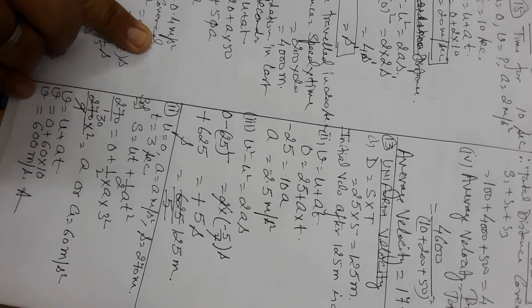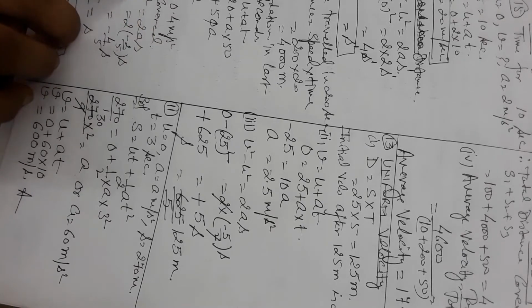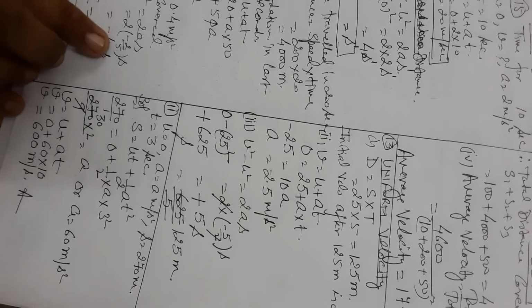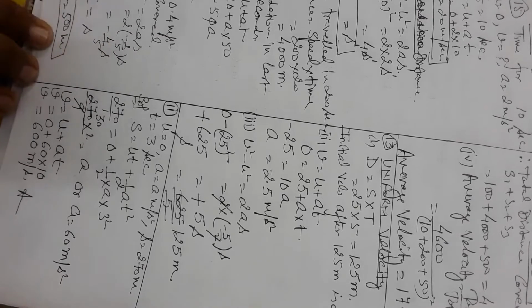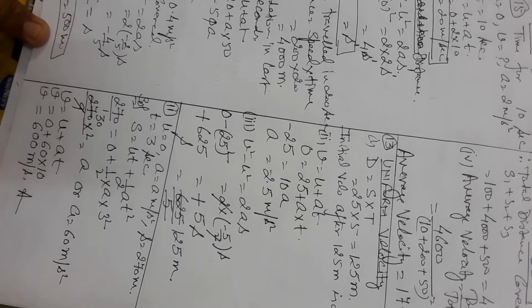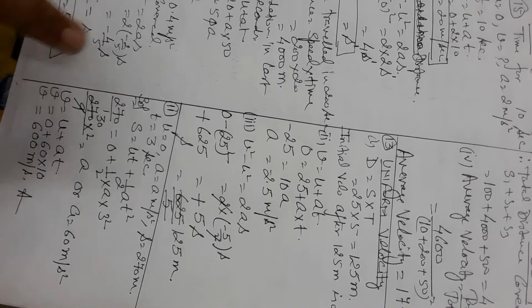This is the second part. Total distance travelled, distance covered. In this, v square minus u square is equal to 2as. So v square finally 0, initially 20 square, 2 into retardation, which comes as 500 meters. On solving, the distance is 500 meter. First 100 meter, second distance covered 4000 meter, now 500 meter. Now the total distance covered is 4600 meters.